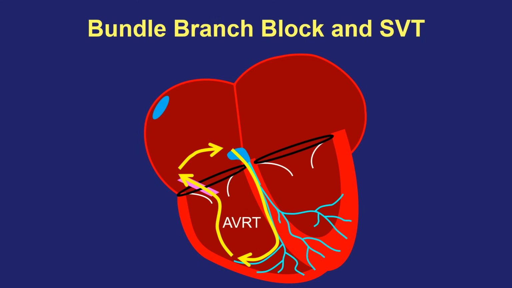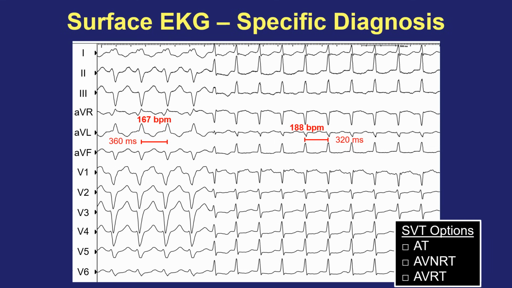What about if you had a contralateral pathway and a contralateral bundle branch block? In this case, a right-sided pathway, but a left bundle branch block. Actually, it should not impact the cycle length or the VA time in this scenario because the closest Purkinje fiber is not in the bundle branch that was blocked. So you can have AVRT occur with a bundle branch block appearing or disappearing without any impact on the tachycardia, but that would suggest that the bundle branch block may be further away on the opposite side of where the accessory pathway is located. So going back to this example, we see here that you have a left bundle branch